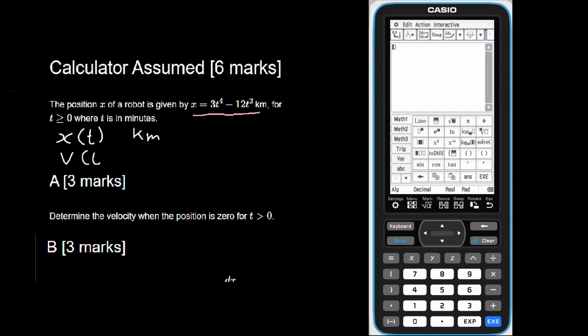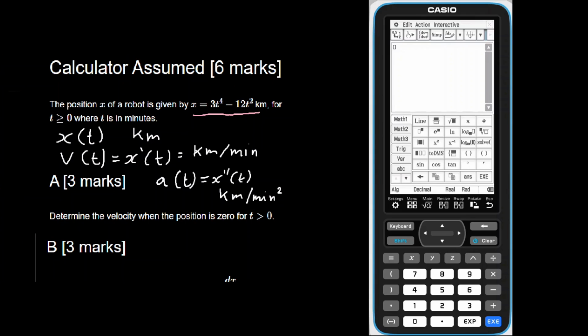Our velocity is equal to the differential, the rate of change of our displacement, and that is in kilometers per minute. Then we have acceleration, which is equal to the double differential of our displacement, and that is in kilometers per minute